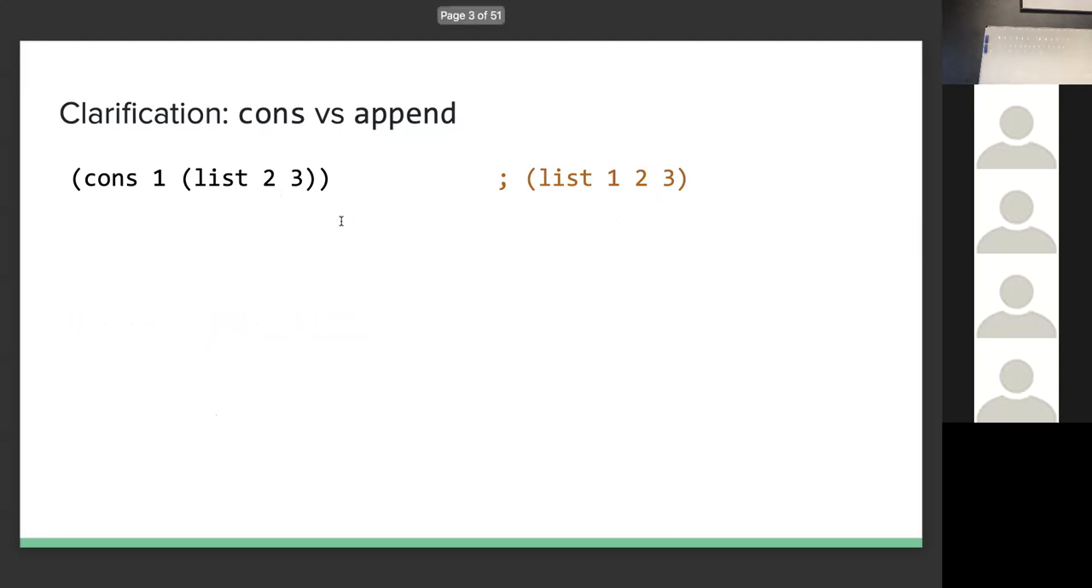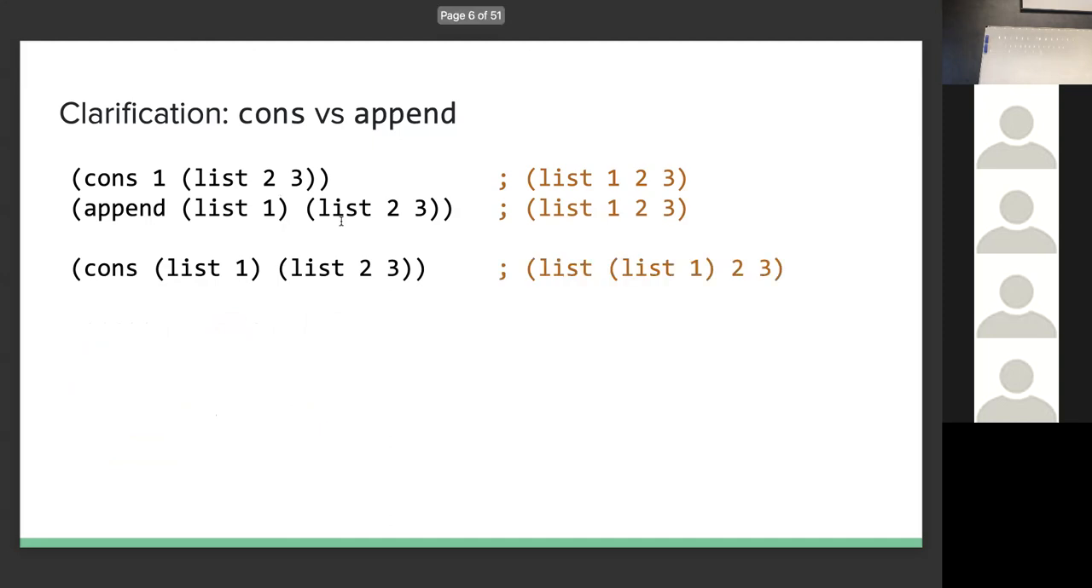Okay, so let me just briefly repeat that. So cons adds an element to the head of the list. Append concatenates two lists. If you use cons instead of append, then you will get a list where you have a list as the first element. And append,